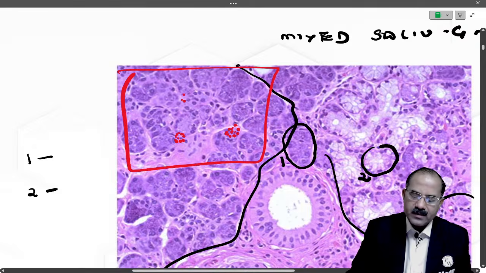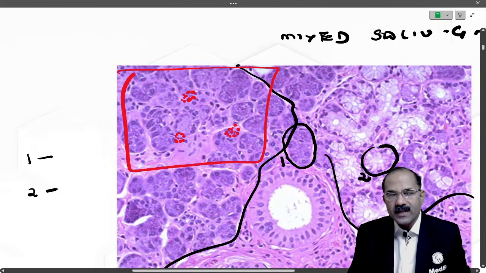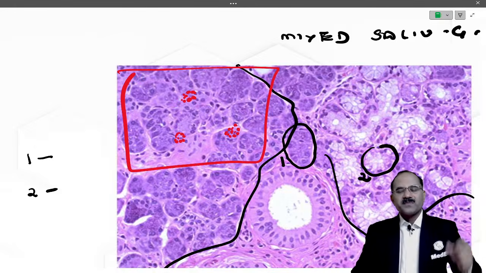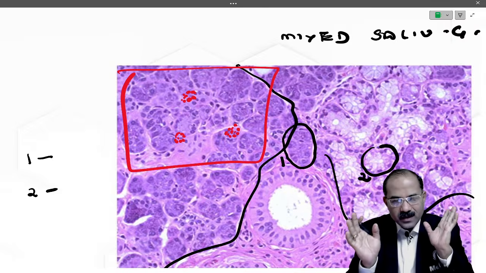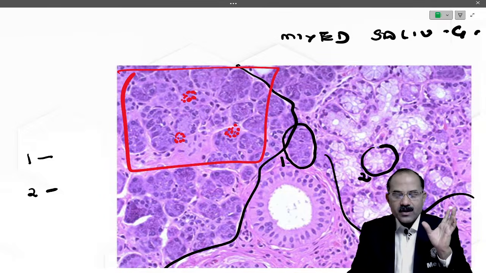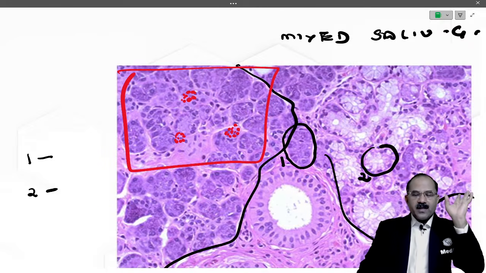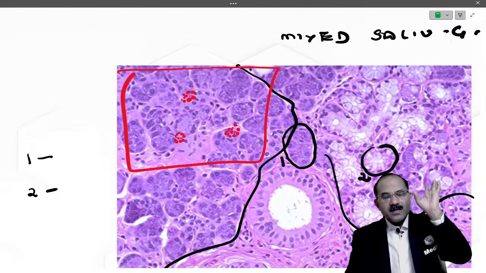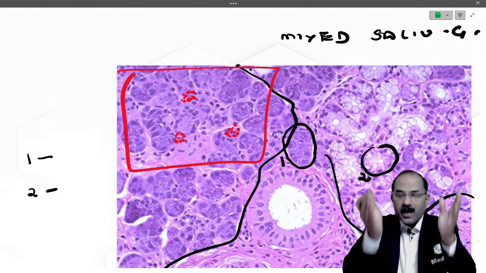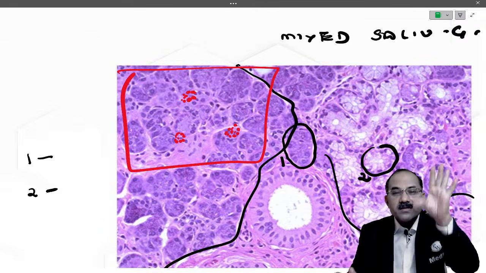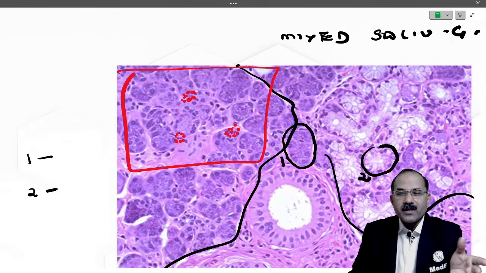I'll show you the slide somewhere else. But what are these? These are the islets of Langerhans. So what is this slide? Meaning, there are serous acini, and I get islets of Langerhans. So then that slide is going to be pancreas. Remember, pancreas is exocrine and endocrine. The exocrine part of the pancreas resembles a serous salivary gland, and the endocrine part of the pancreas are